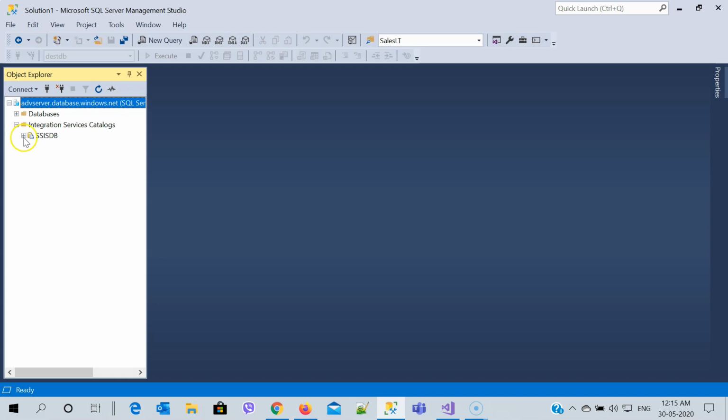In the SSIS database, I have a folder with the name project folder, and inside that I have my projects, and when I expand my project, there I will find my packages, and that's my first package which I am going to expand right here. Then go for the packages, and there you will find your package.dtsx file.